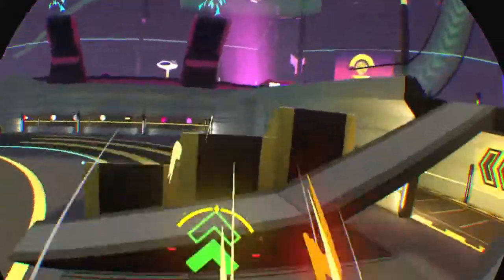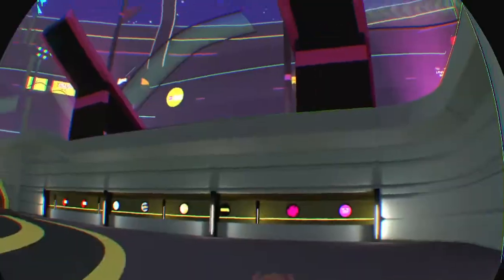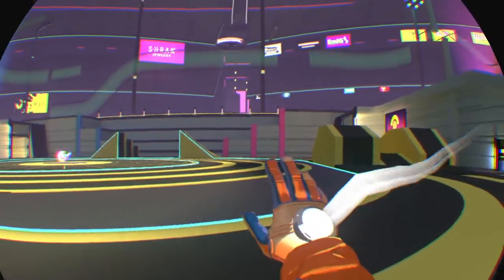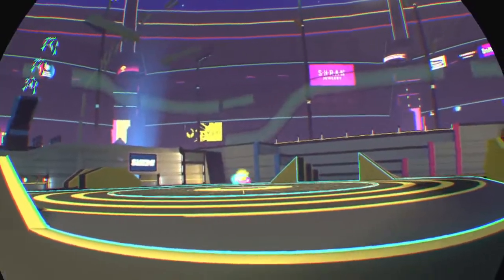So if I go over jump, ground pound, you bring yourself back down. And like I said when I was racing, it's best to be on the floor because you get traction, so you can keep your speed going. If you double tap the triggers, just like Iron Man, you can fire a laser bolt off, but you can